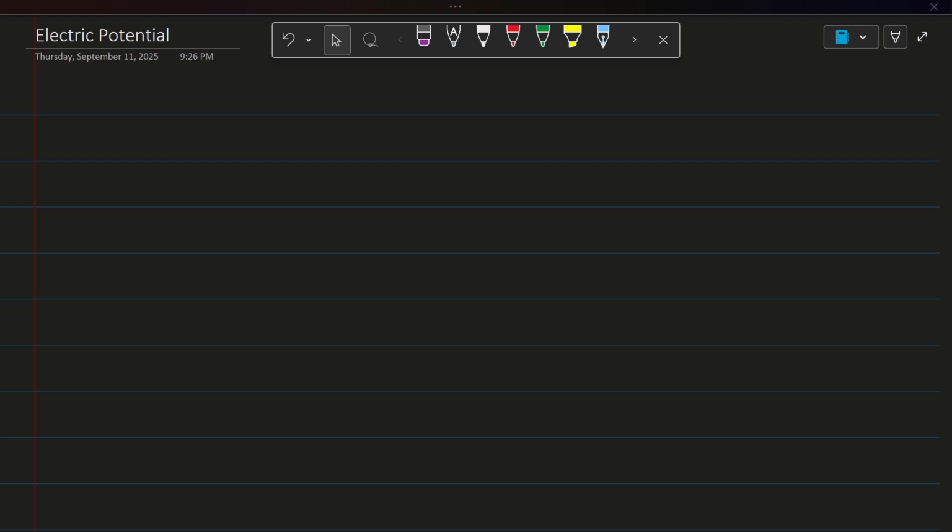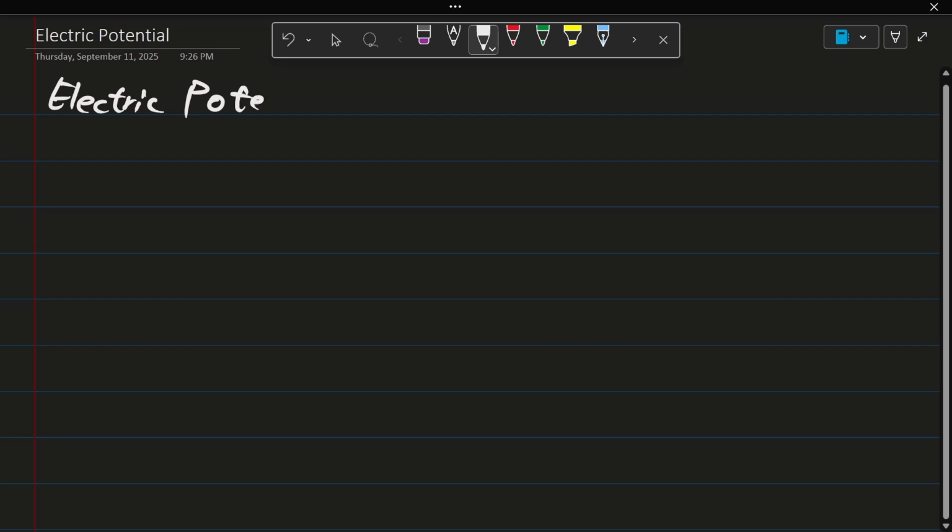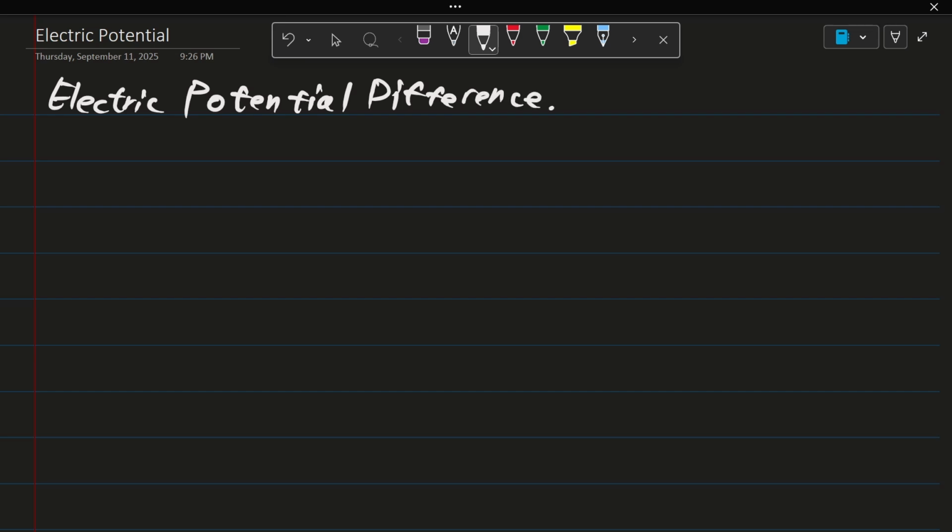So let's just jump into the definition of the electric potential difference. So what's this electric potential difference? The easiest way for you to describe such things is by actually thinking of the energy first. So let me just remind you that the change in internal energy is pretty much the negative of the work, or the negative of the integral of F ds. And so if I have, let's just state a point charge,